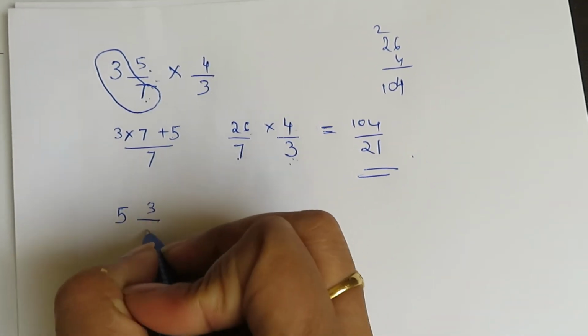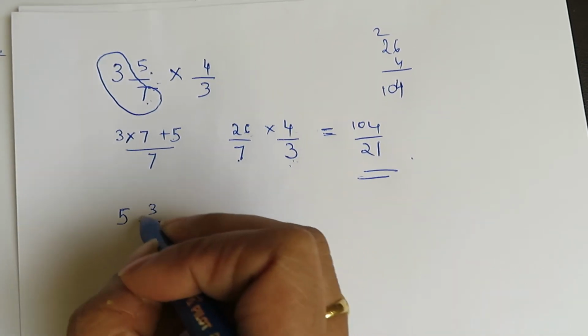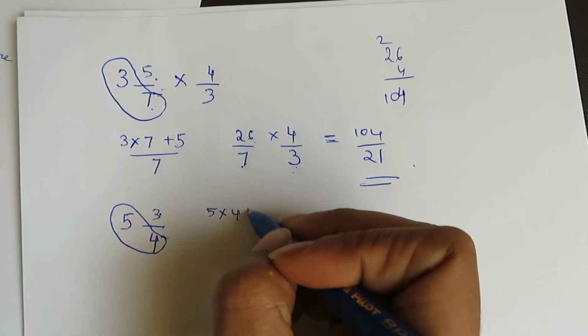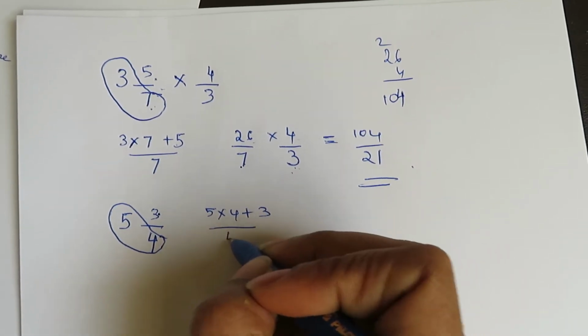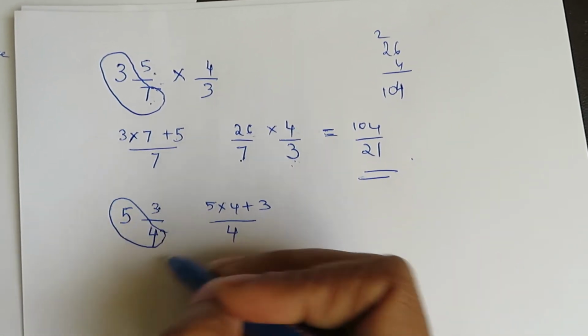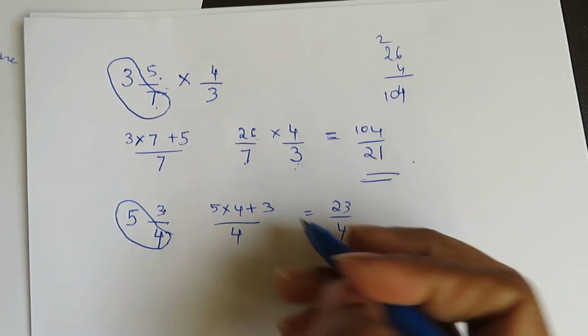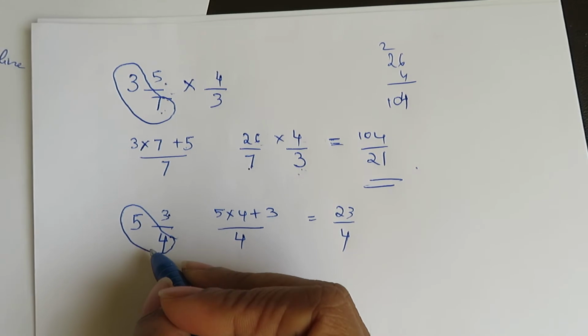5 and 3 by 4. What do we do here? 5 4s are 20 plus 3. Okay, this is what I did: 5 4s are 20 plus 3, divided by 4. That is the way to convert it. So that gives me 23 over 4. Now that's how you convert a number. And then